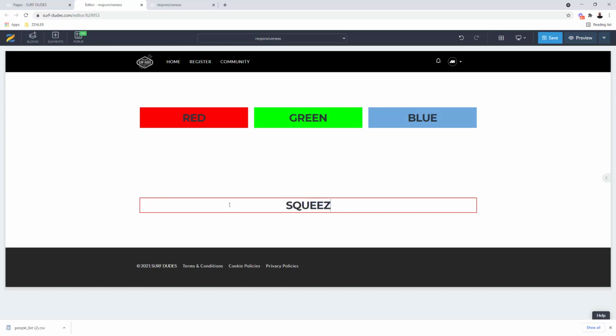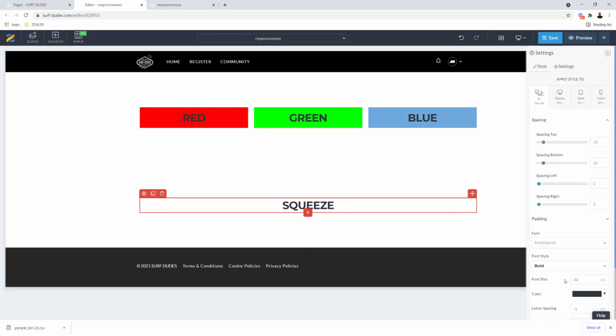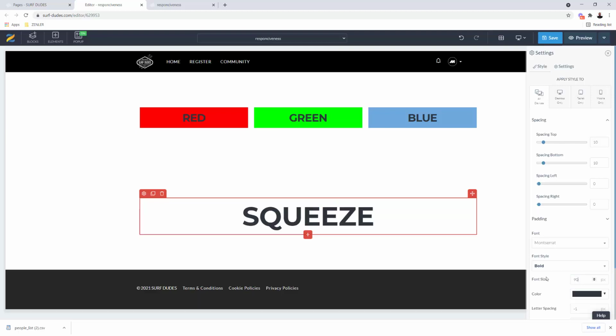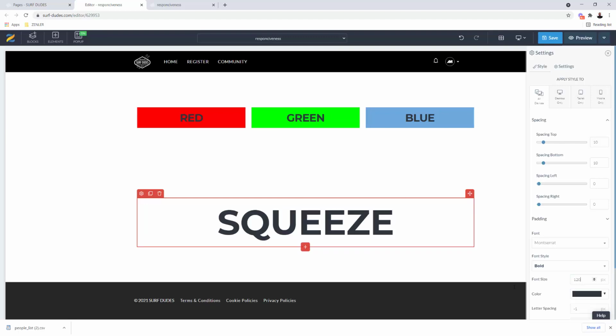So I'm going to go to the settings here, and I'm going to make this font really big. I'm actually going to make it about 90. Okay, probably bigger actually. Let's make it like 120. Let's go really big, so it looks really good on desktop. Okay, so now what I'm going to do is save that, and we're going to check this